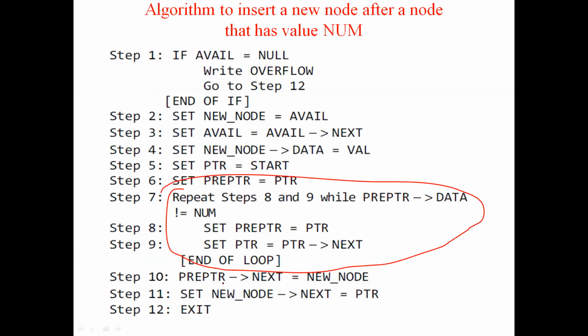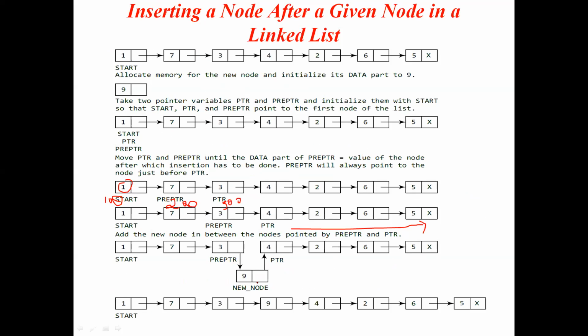Next, once you find it, what is pre-pointer next? Simple. You create a new node, so that address should be stored here. You have reached this pointer. How will you access this node? By using the pre-pointer. So pre-pointer next is this one, and I am assigning this value as the new node. That's all. Just copying it means the link is created.